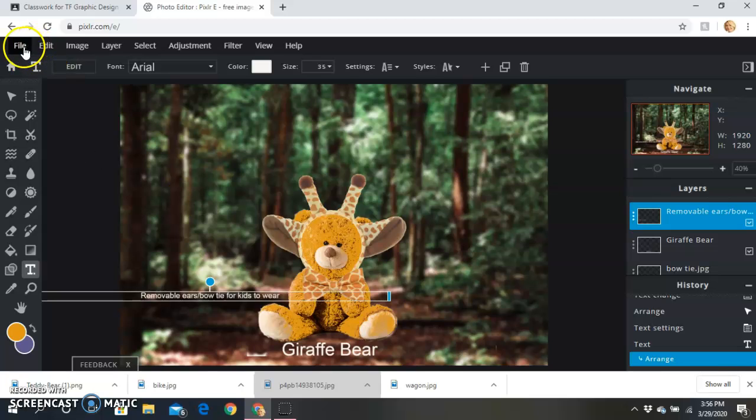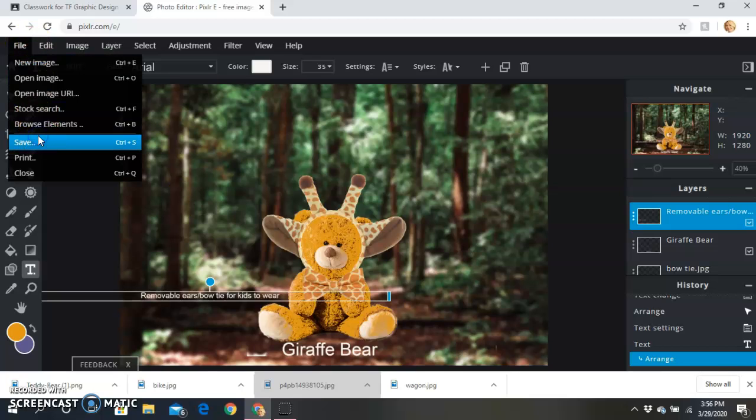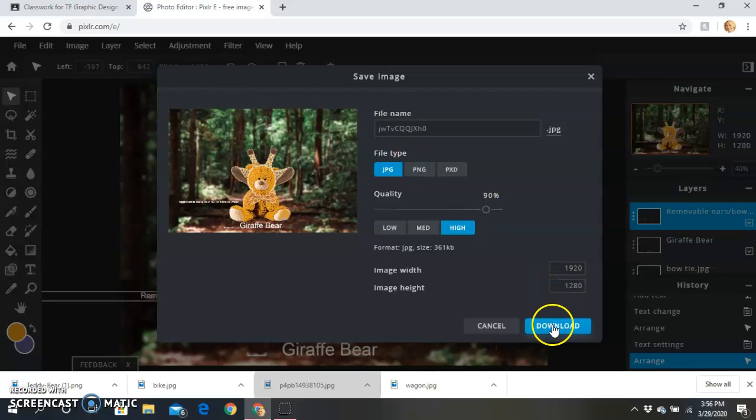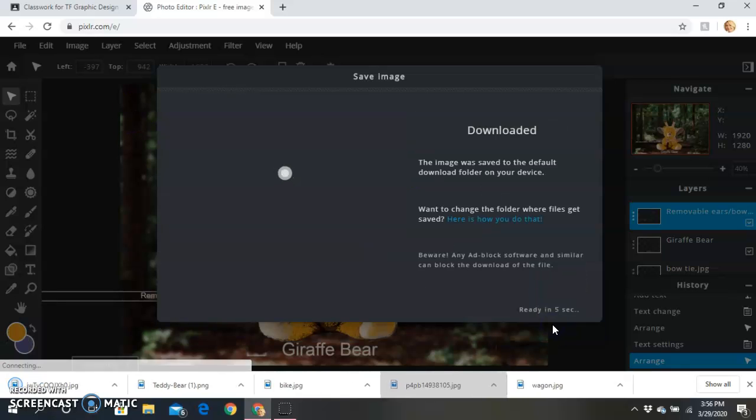So make sure before you're finished that you save it as a JPEG file and download, and then turn that in through Google Classroom. Always email me if you have any